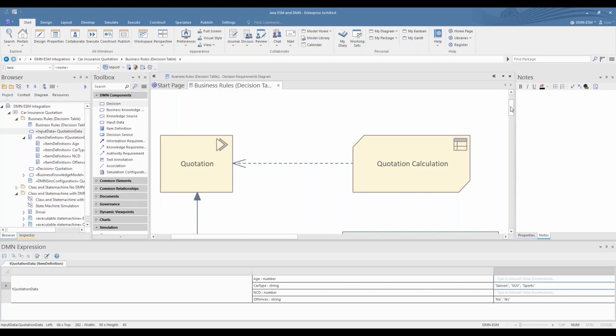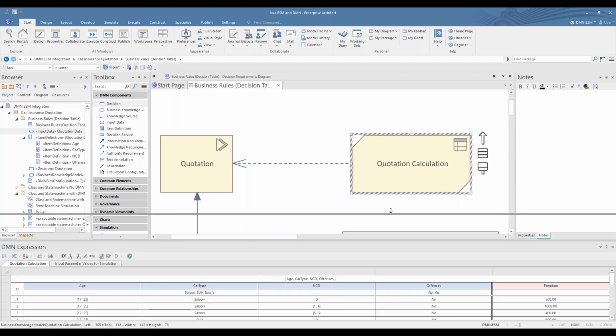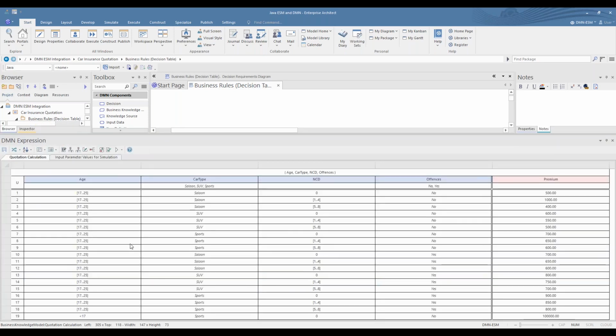In the Sparx user guides, the library of PDF documents, and in the EA example that ships with EA, there are other versions of decision table, and you can explore those at your leisure to see other arrangements. But what I've got here is a typical arrangement. This is the decision table element itself, and this is a decision element which basically links the data to the decision table. So I double click that. Now, here is the decision table.